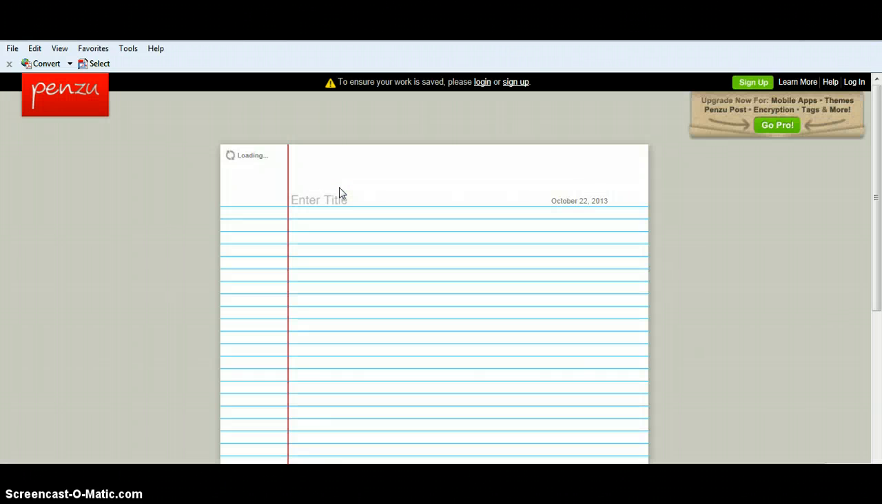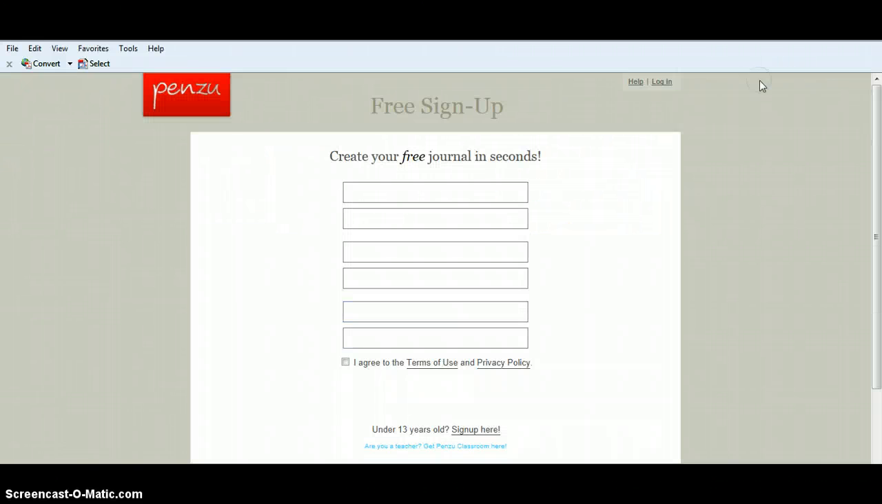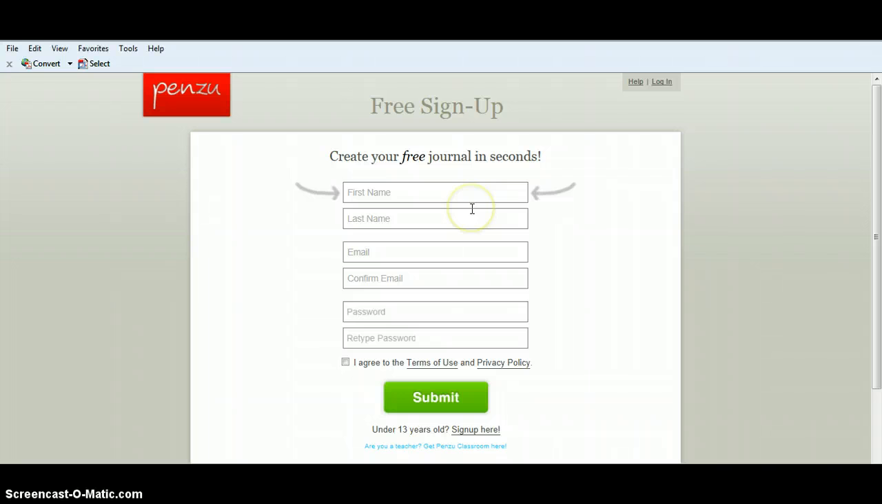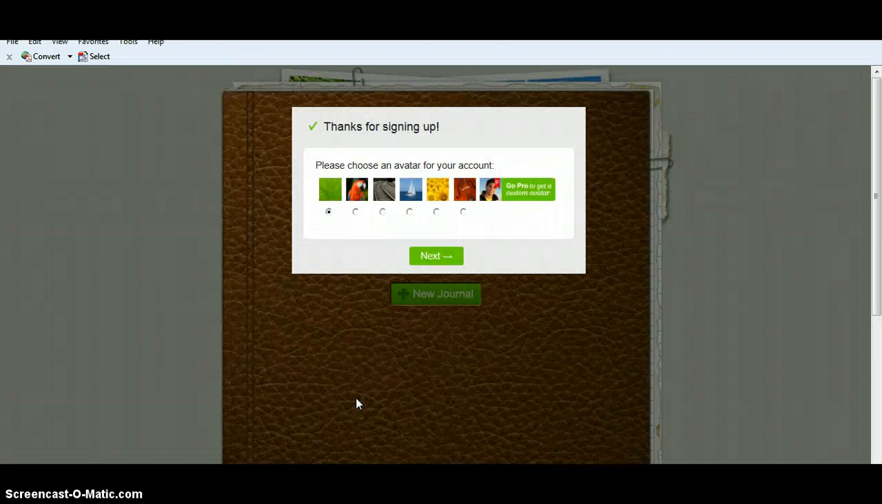So if you click here, and we would create a new journal. And I'll go ahead and enter my information. Okay, once I've entered my information and agreed to their terms and usage policies, then I can choose a different picture for my avatar. Students always like to have a picture. So I'll just choose one